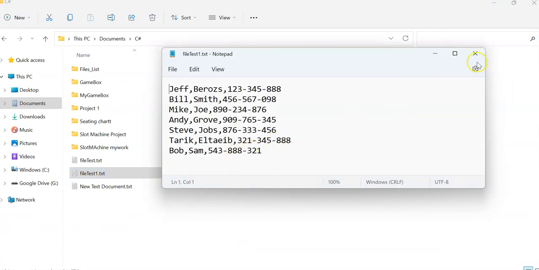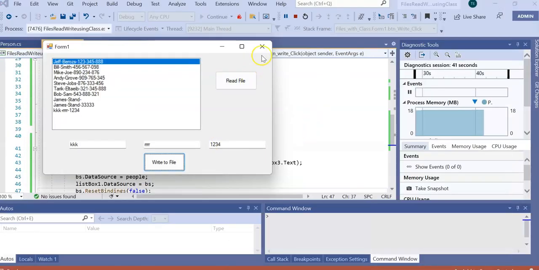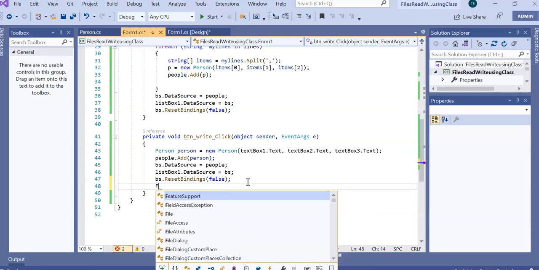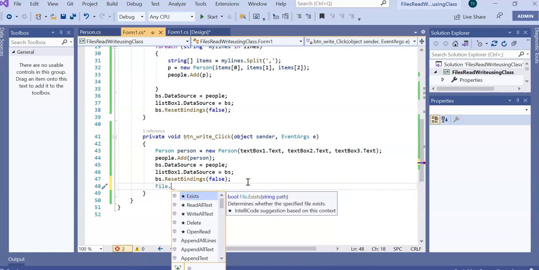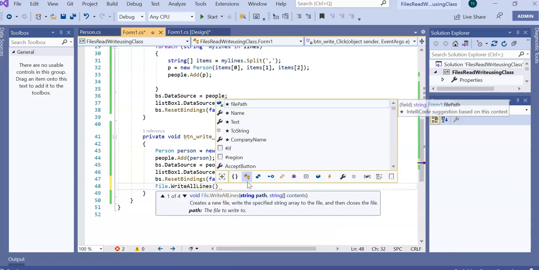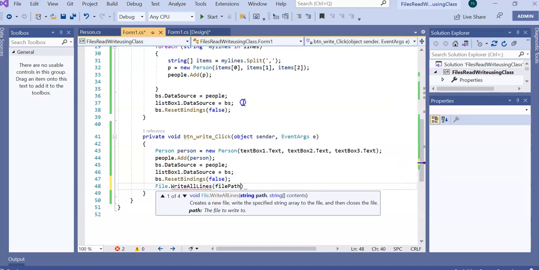Oh, it doesn't update the file. Oh yeah, I forgot to create a file. 1 sec. So now I add this to the list. Okay. Now we need to add this to the file. I'm gonna create the file like this. Dot write all lines, and I have file path, and I have